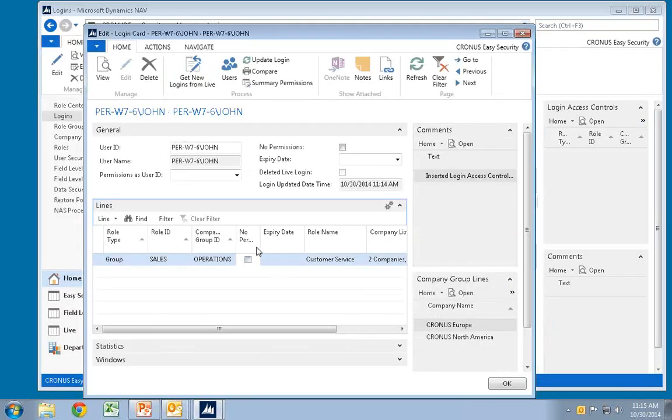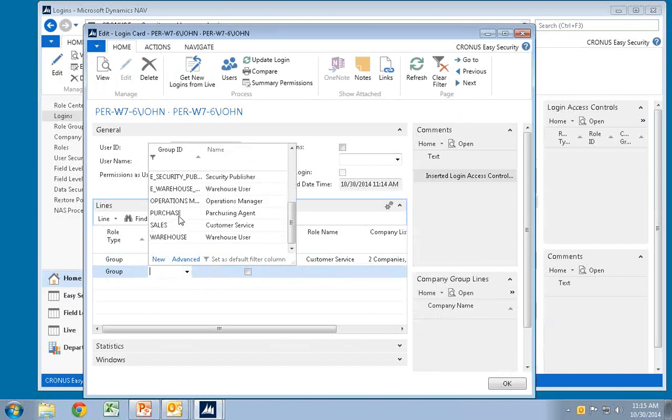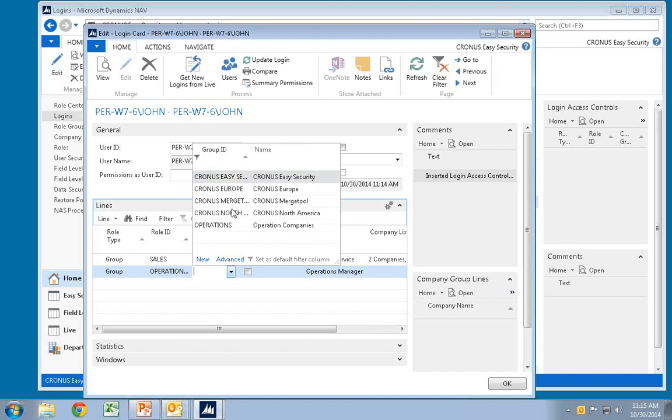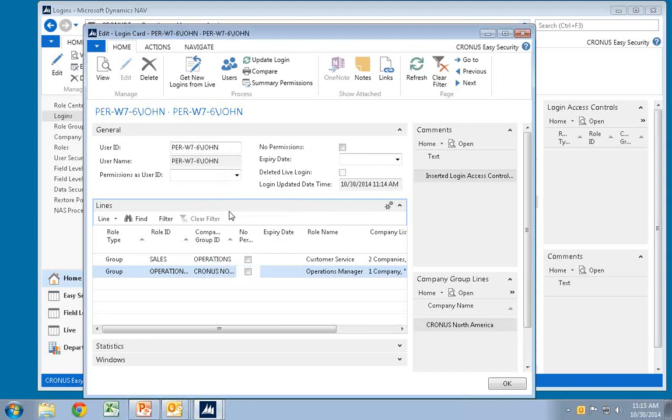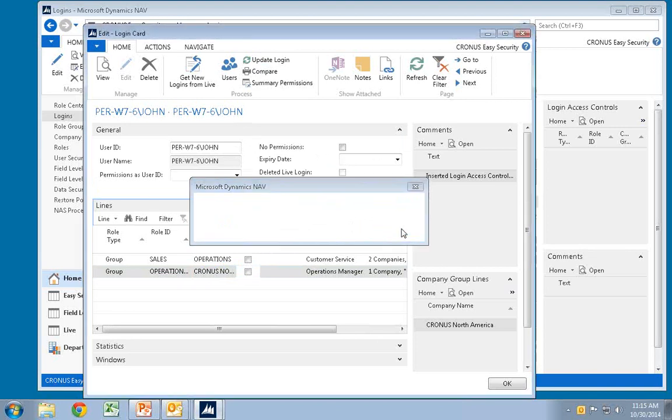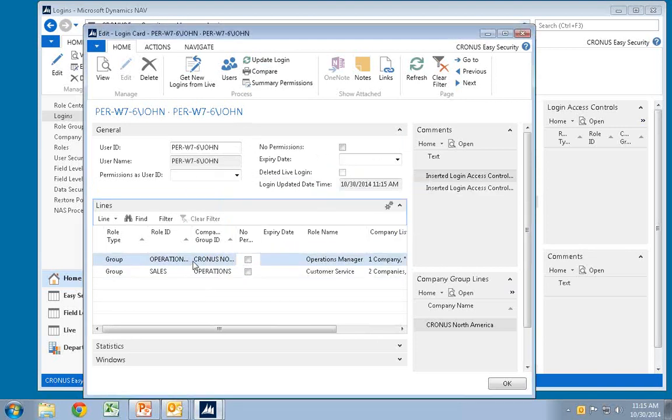The other thing that happens is that some people will be on vacation and suddenly somebody else needs to do it in here. And I have this group operation manager in here. And it could be that John needed to be the operation manager for North America in here. And as I add that one, when I update my role, I can see he now got 10 more access controls in here.